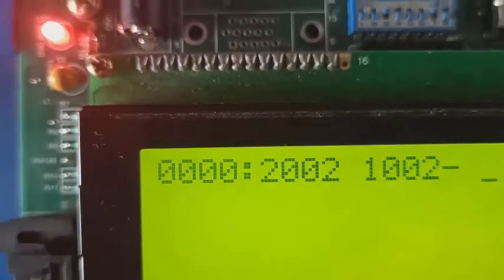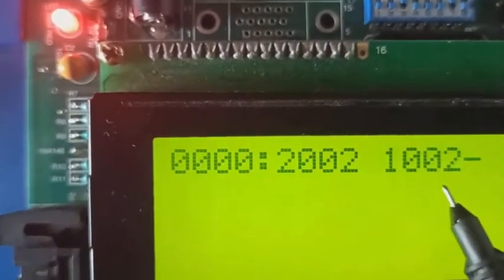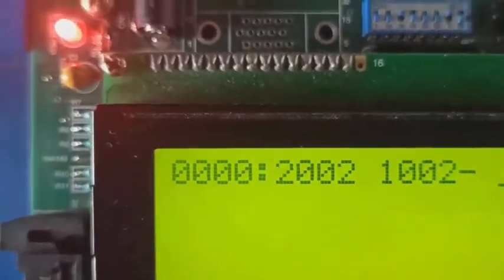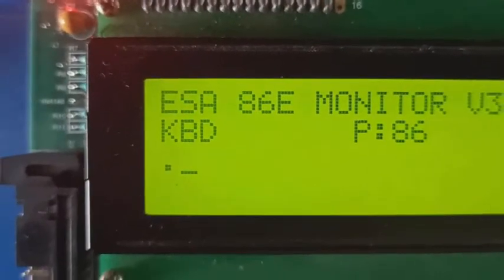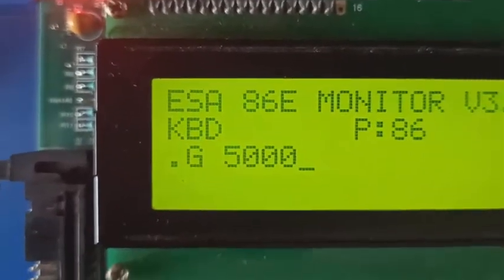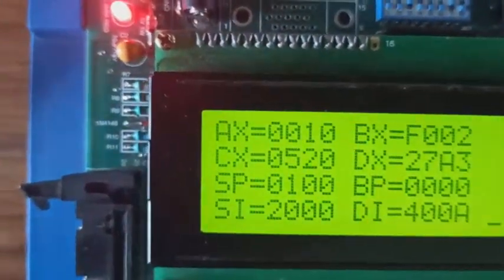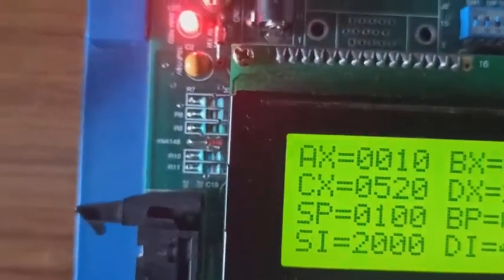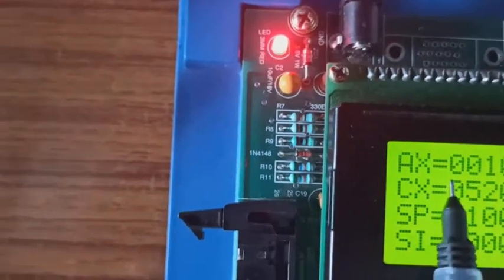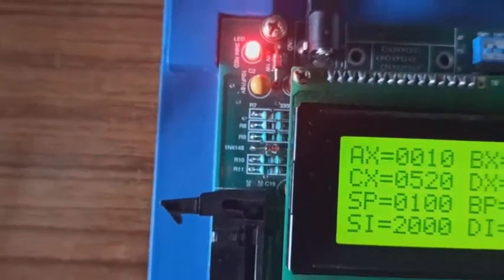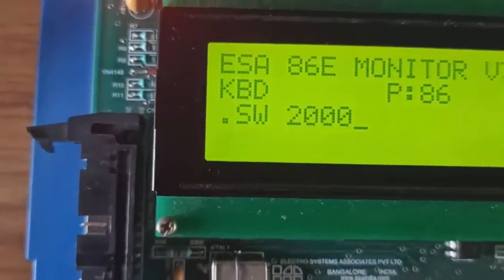Because a 16-bit input is to be divided by an 8-bit input, so I have given 02. Once we execute this using the G command, the result we get is 10. So 10 is the quotient and 00 is the remainder.